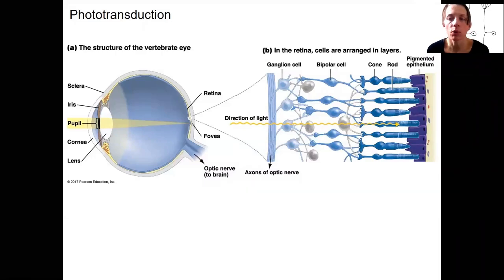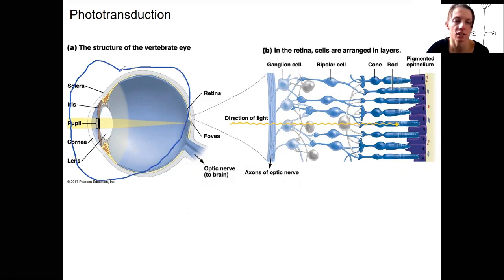So it's what we've all been waiting for, phototransduction. How does a photon of light become a neural signal? It has to be transduced by photoreceptors. So this entire eye here, the job of all these structures is to focus light